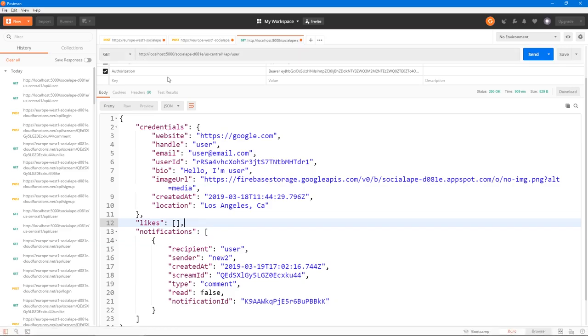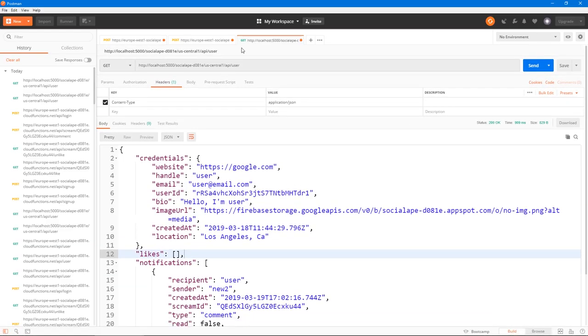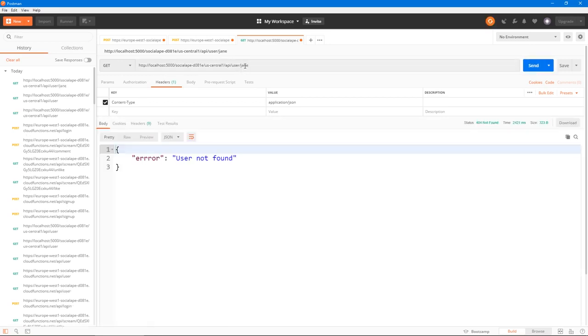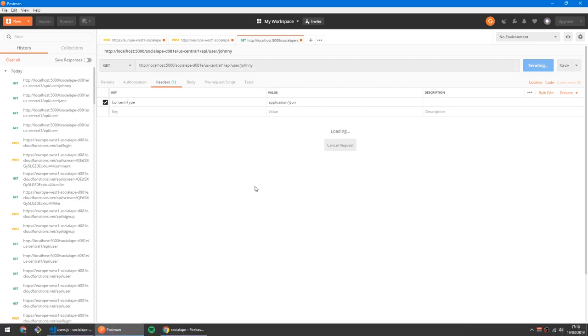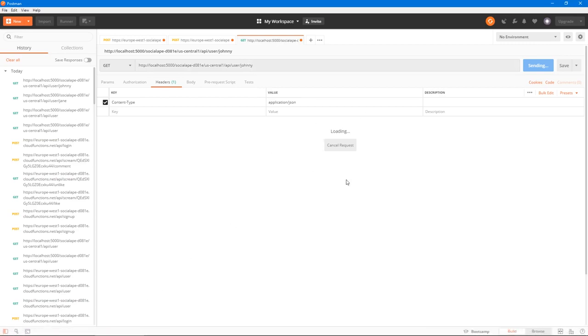Let's save, and it's gonna serve again. And here let's do a get request without any authorization header at /api/user, and we get, let's say, Jane. Do we have Jane? User not found. Actually, I didn't delete the account itself, I just deleted the entry in users table. We have Johnny, I'm pretty sure. Oh, it's gonna give us the error for the index, I think.